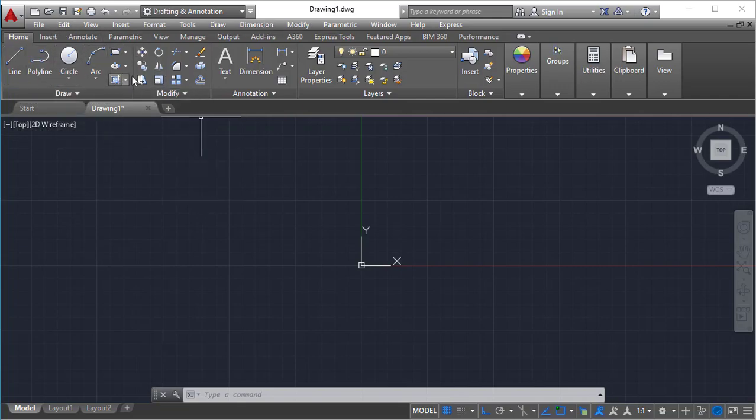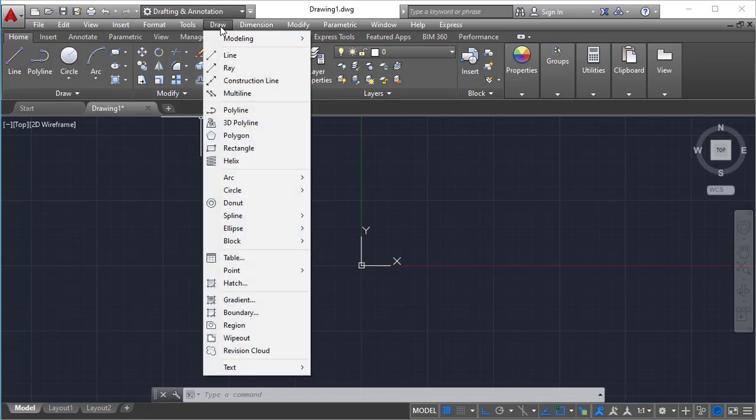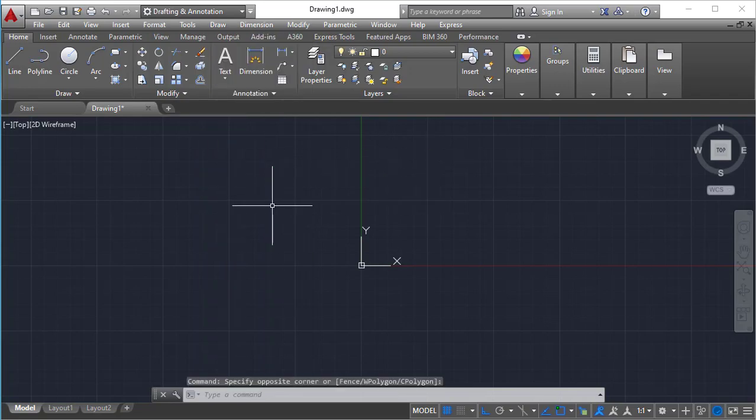Why? Because in this area you can find some options, but in AutoCAD we have more options than this. Those options you can find over here. If you click on draw, it will show a line, and the same here, and a polyline, the same here, but you can't see these other options. That is why, if you want to learn AutoCAD completely, my suggestion is to follow this main menu bar.